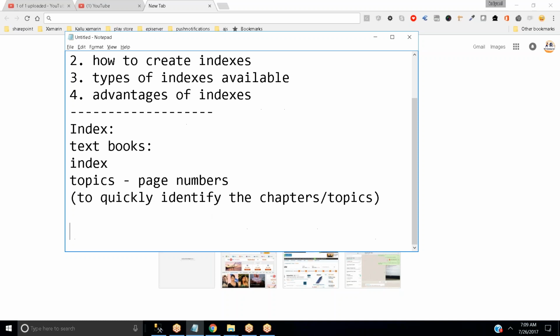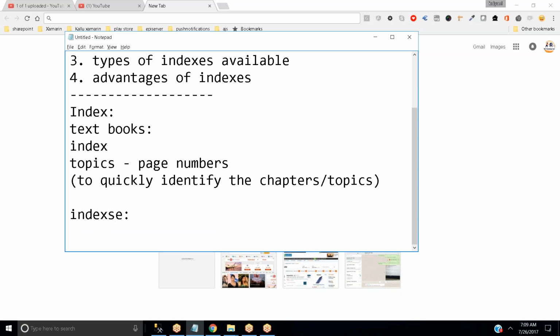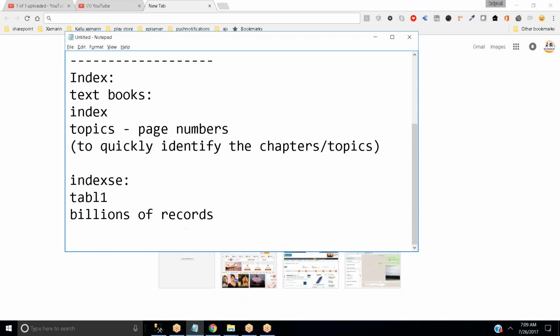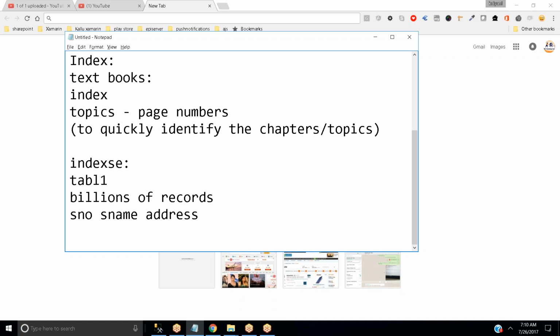Similar to that, in tables also we create indexes. Assume you have a table called table 1, and in this table you have billions of records. Now, if you want to identify a particular record in this table, generally you will traverse each and every record line by line, correct? Say table 1 has student number, student name and address, and billions of records. Now if you want to identify a record whose serial number is 1000